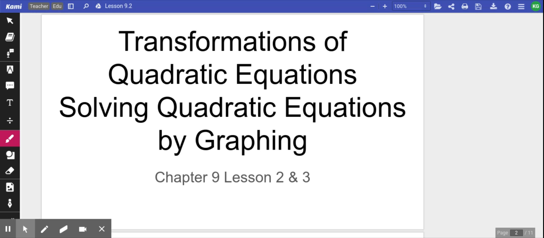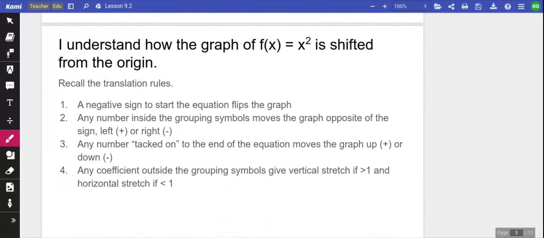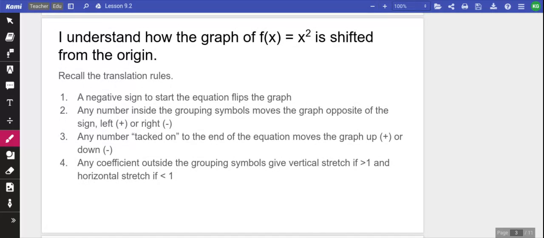Chapter 9, Lesson 2, Transformations of Quadratic Equations, and Chapter 9, Lesson 3, Solving Quadratic Equations by Graphing. So these translation rules should already be in our notebook, and so hopefully you don't have to take them down again. And today we are doing